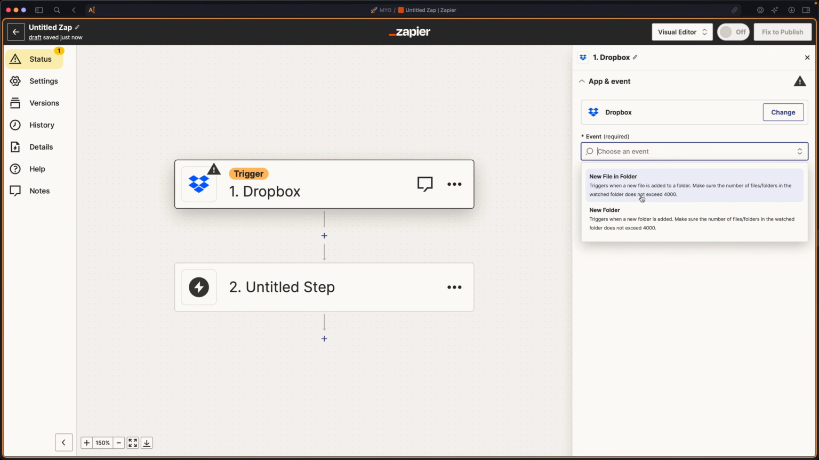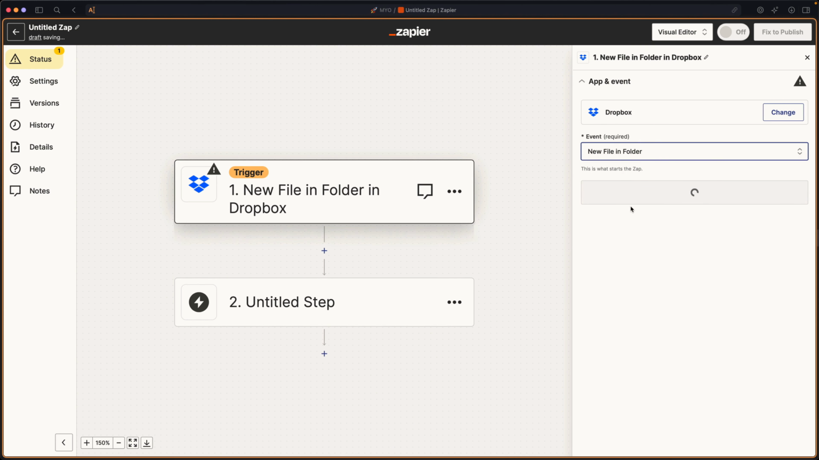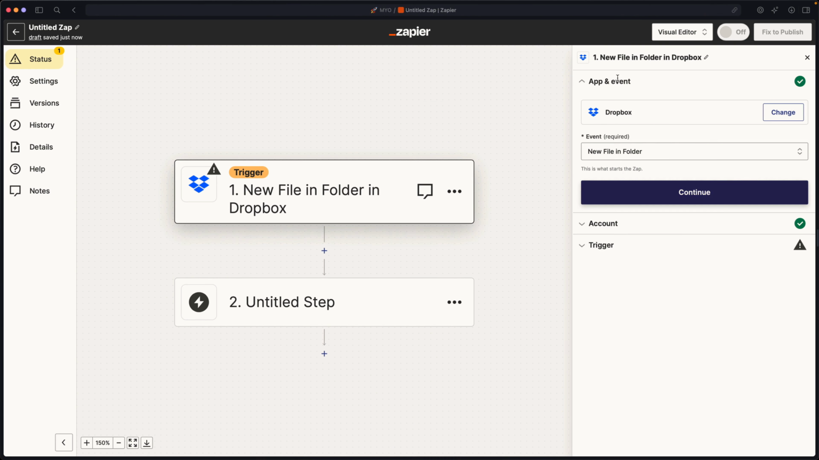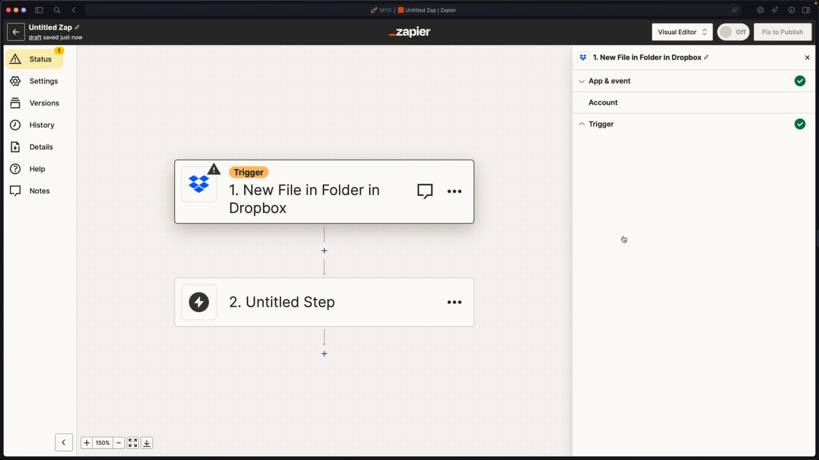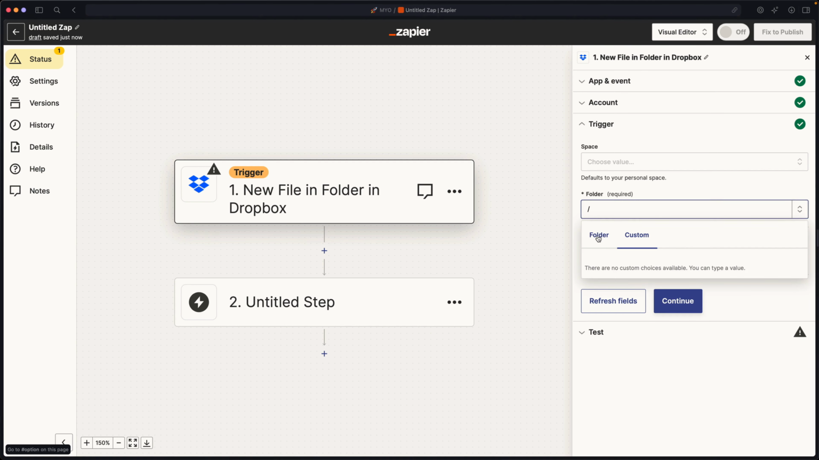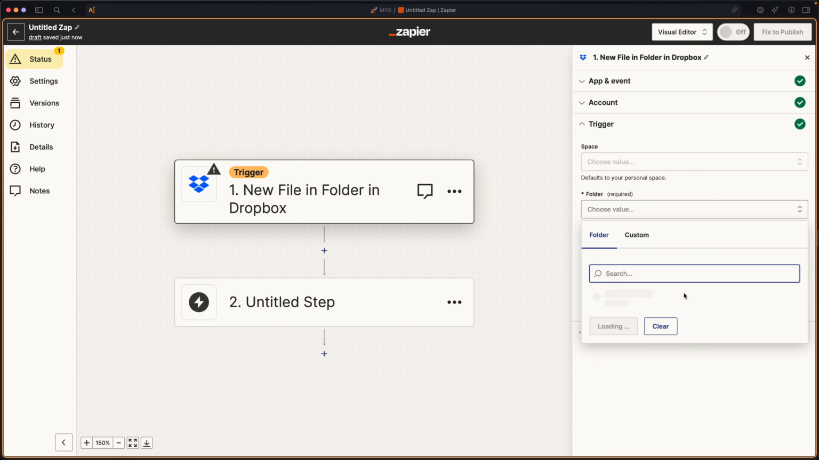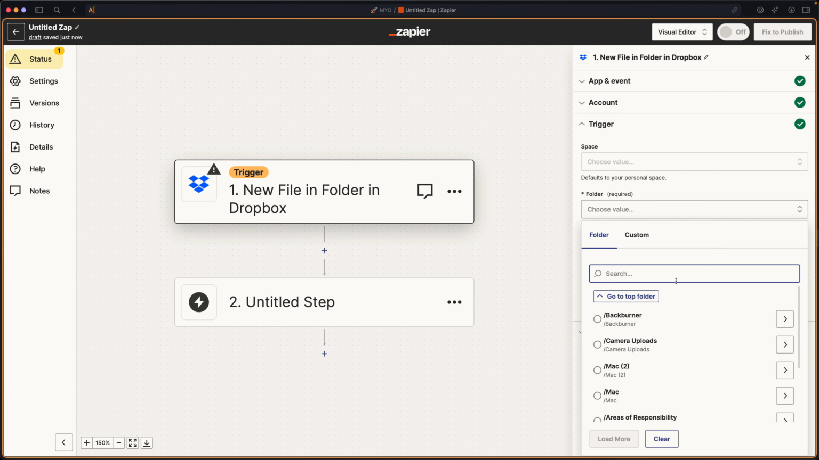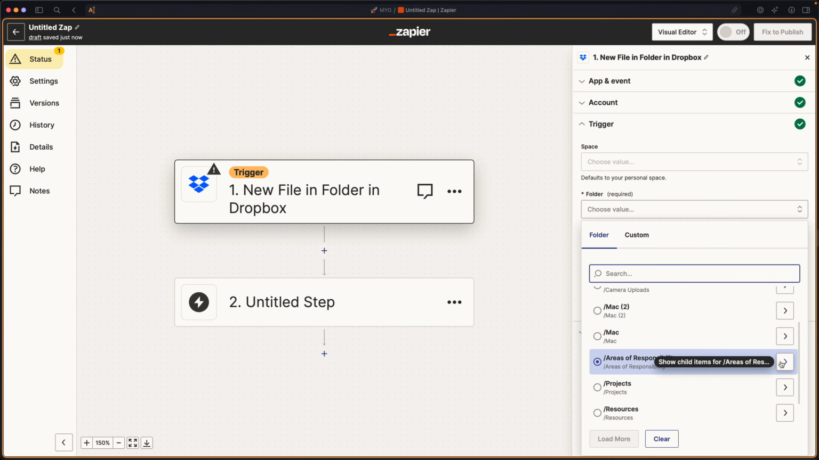So what we're going to have to do here is choose the event, new file and folder, and then you're going to connect your Dropbox account, depending on whatever it is. And then we're going to go into the folders and look at which folder this is in. Basically, what we need to do is say this file is inside of one of